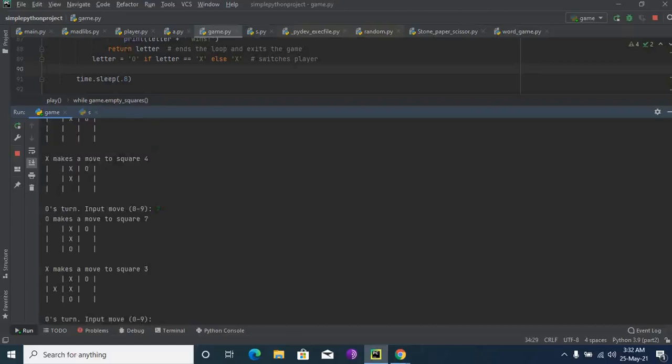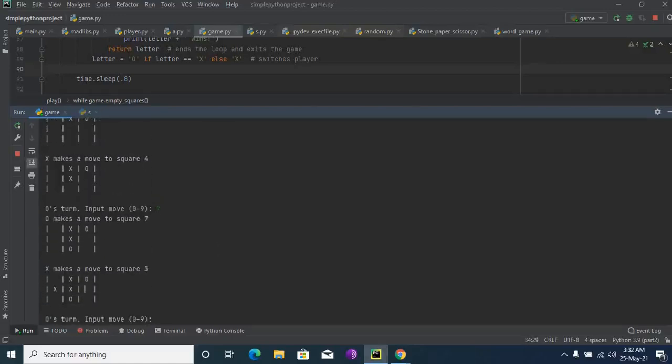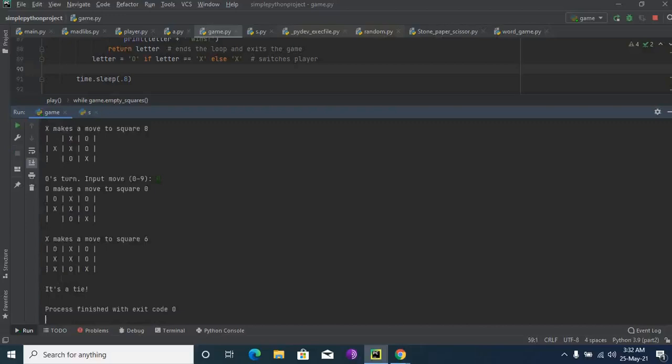Then 5. Then it asks for another move, and I'm inputting position 0. Okay, it's a tie.